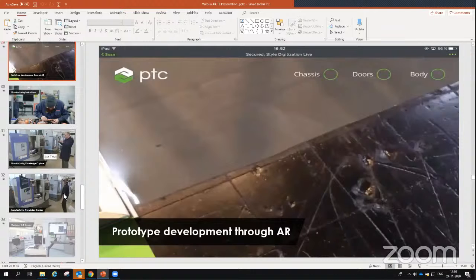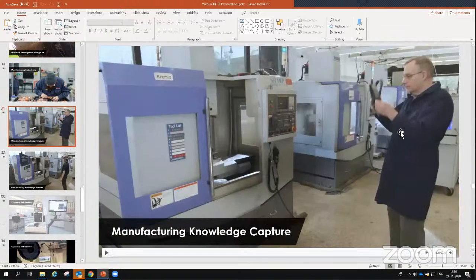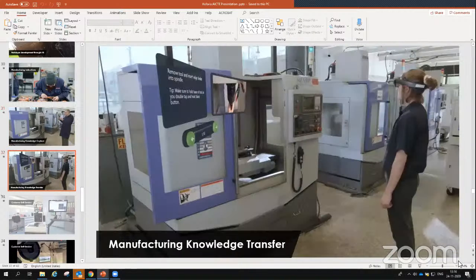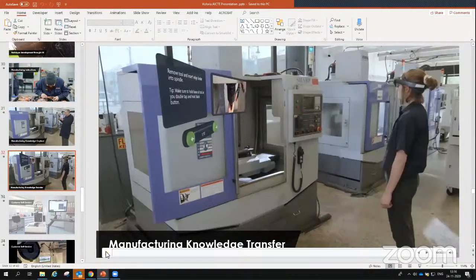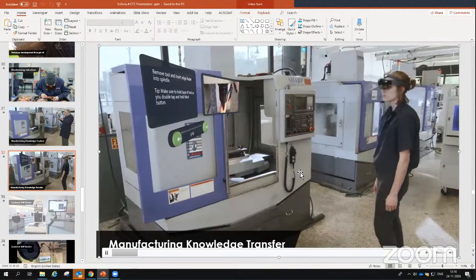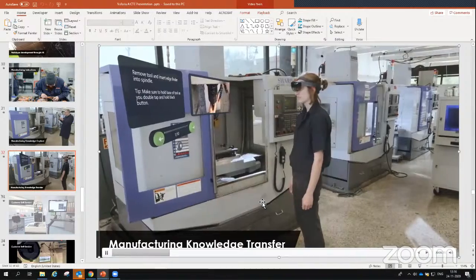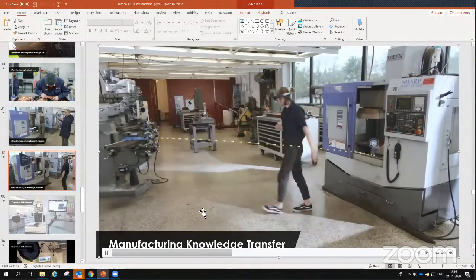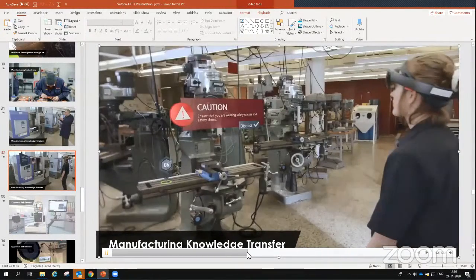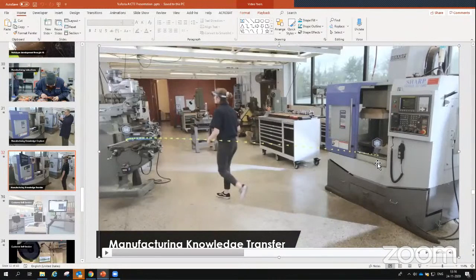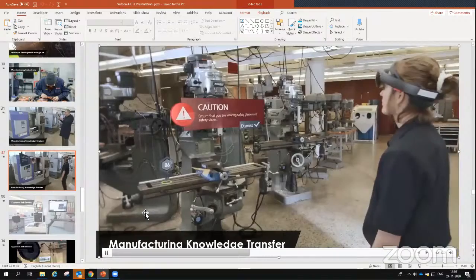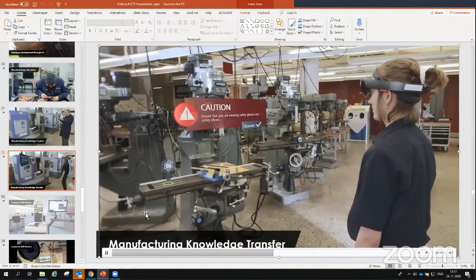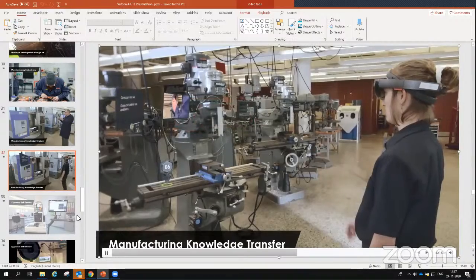Then again, here is the example of Vuforia Expert Capture. He captures, and this lady then gets that information and uses it. Augmented instructions are easily accessed by new or reassigned workers, increasing efficiency, accuracy, and safety. New skills are learned on the job, cutting training time and costs. So you saw that here she's also being guided from one place to this machine to this place you have to go. She can see that through her HoloLens. So those kinds of safety warnings are presented at the moment they're relevant, reducing the risk of injury. Workers follow location markers to successfully complete the